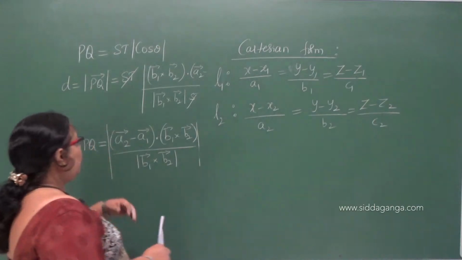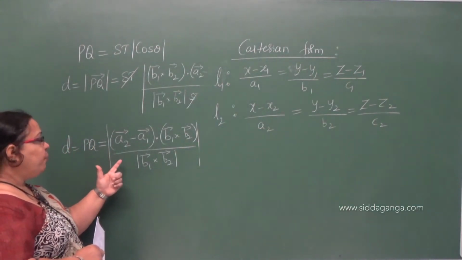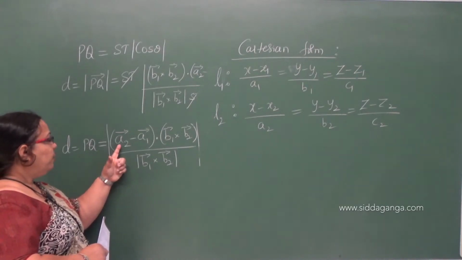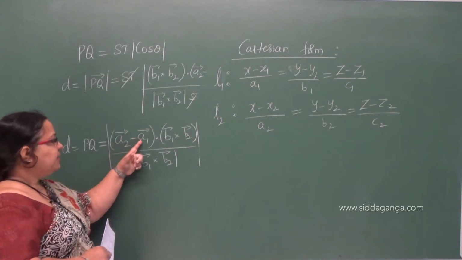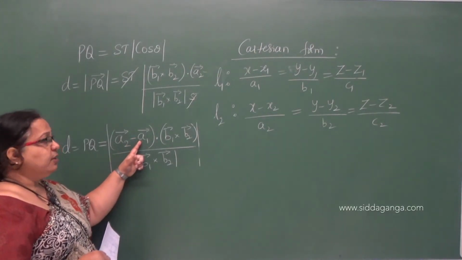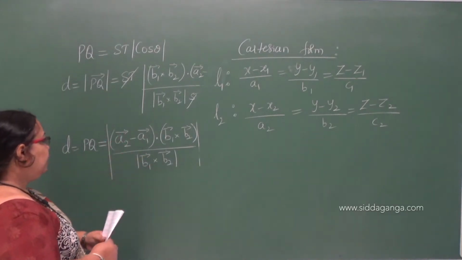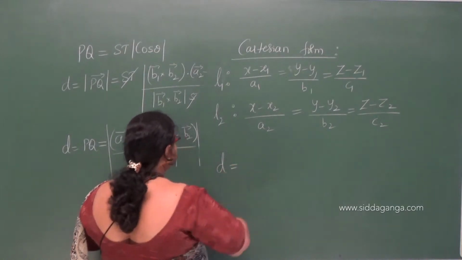Now, according to this formula, this is in the vector form. A2, position vector of the second point, minus A1, the position vector of the first point on the first line. So therefore, the shortest distance is given by